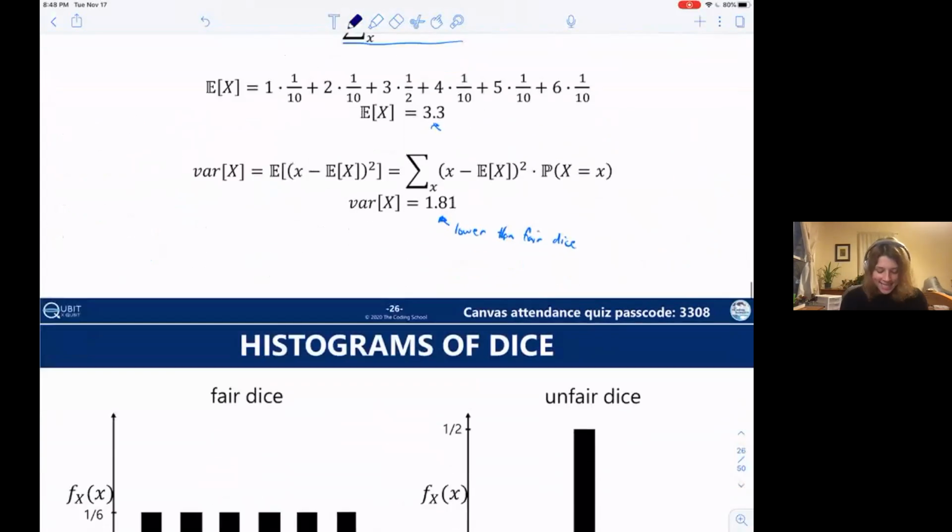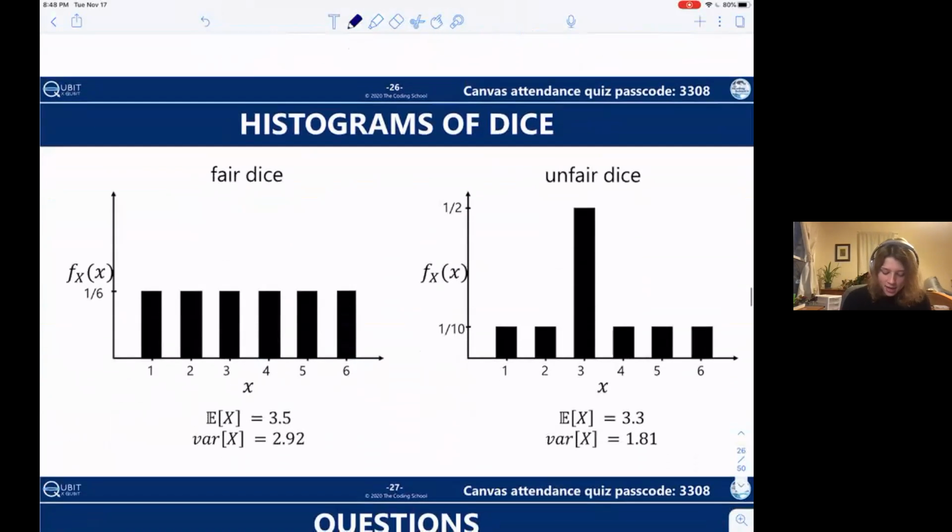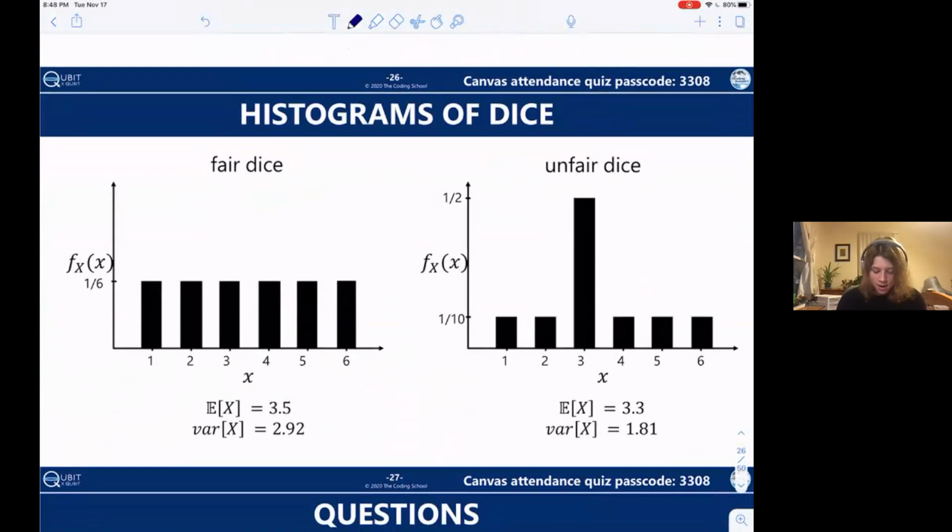So everything is consistent. So here's another view of the histograms that you can look at while I take questions. Are there any questions about this section of the content? After this, I think we're going to go briefly into joint probabilities, and then we're going to go into Bra-ket notation.